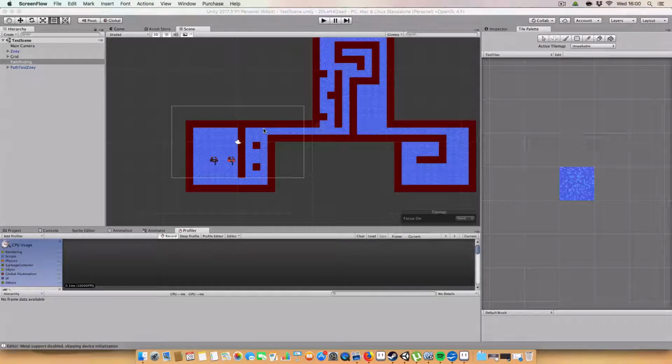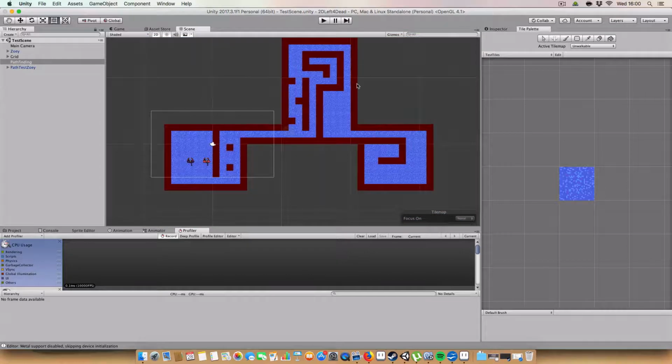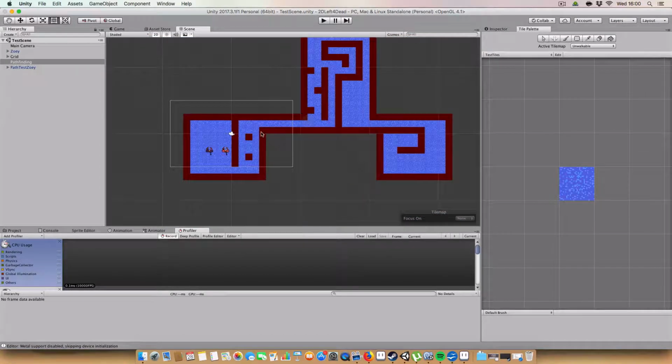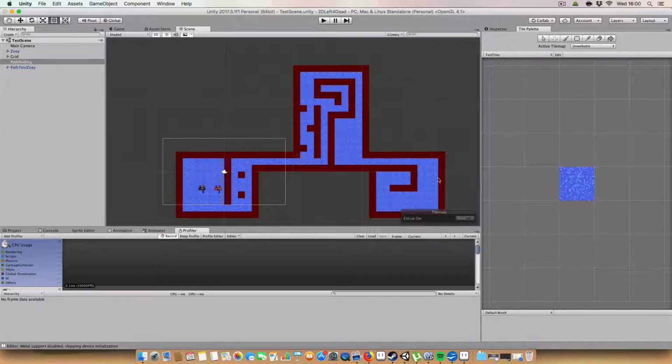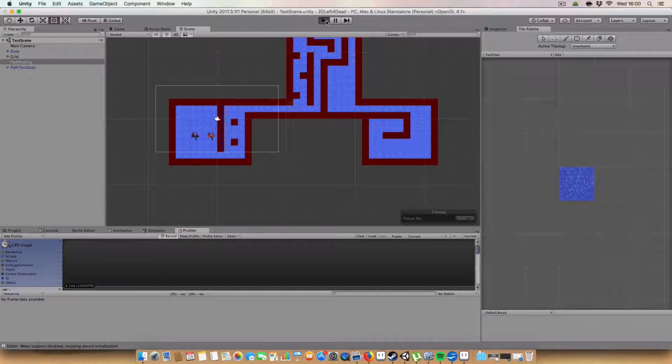Alright, hello and welcome to my 2D Left 4 Dead in Unity tutorial thing. Today we're going to be covering basic pathfinding, essentially. So you'll see that we've got a little level drawn up here. The red bits indicate unwalkable nodes, the edge of the level and so forth. And the blue bits are bits you can walk on. And if I just press play here,